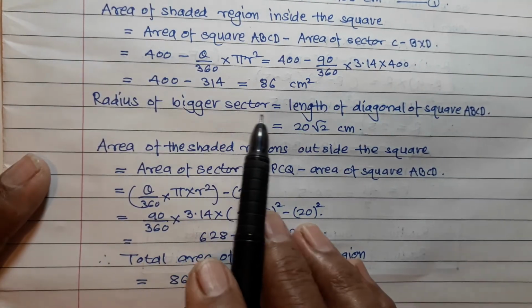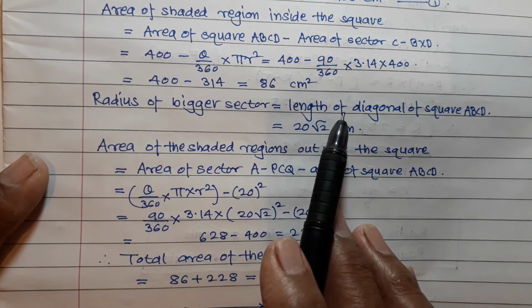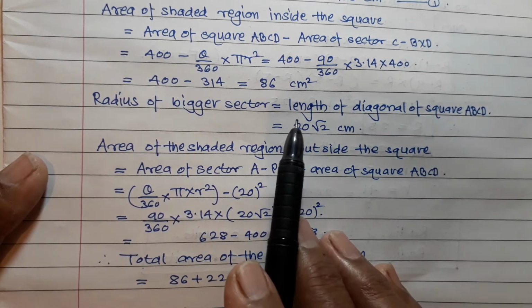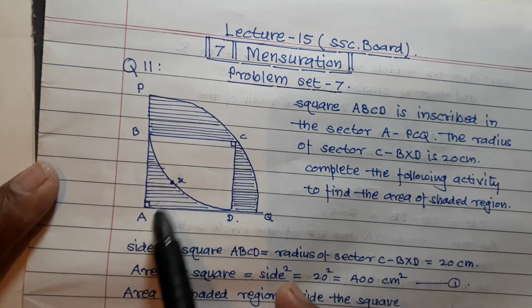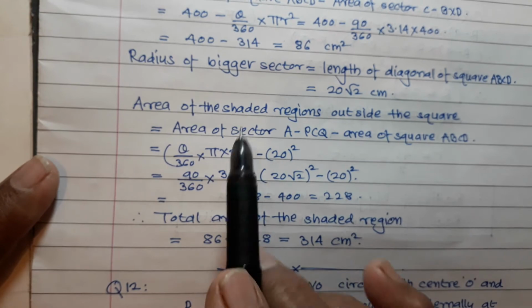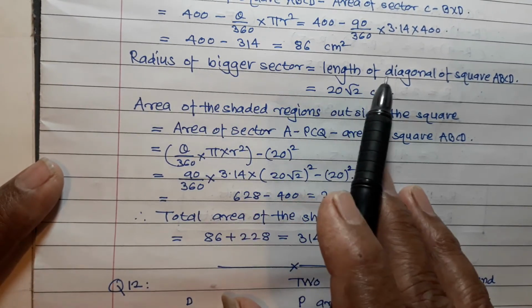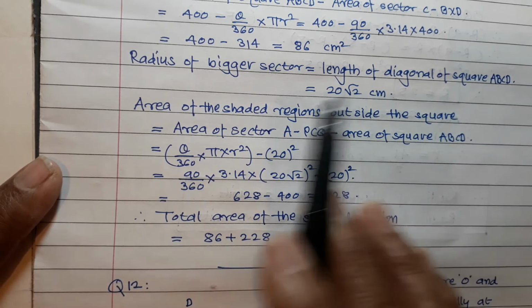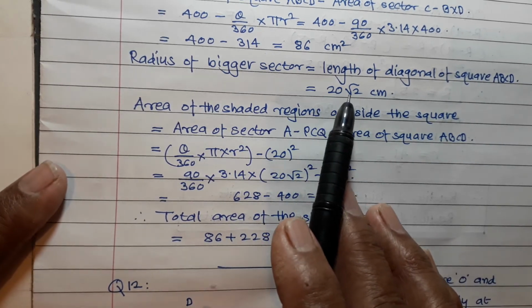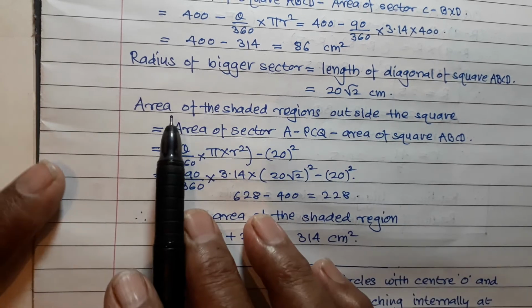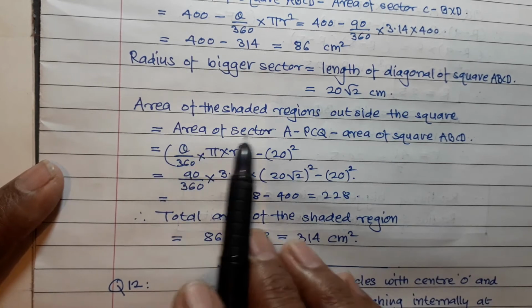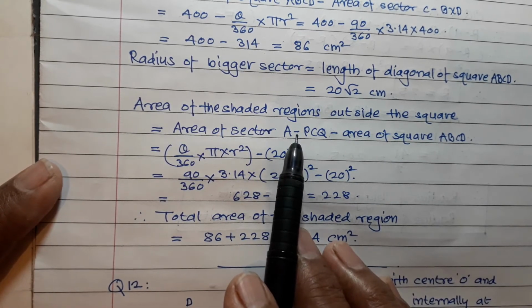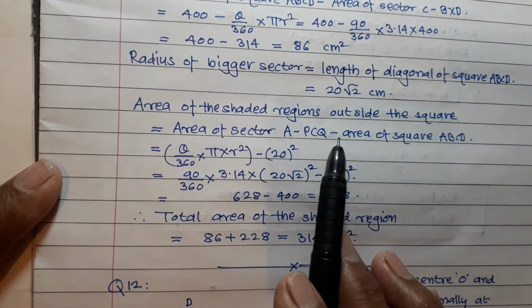Now radius of bigger sector is equal to length of diagonal of square ABCD. Correct? Look here, this is a radius and this is a diagonal of the square. So radius of bigger sector is equal to length of diagonal of square ABCD, which is 20 root 2 cm. So area of shaded region outside the square is equal to area of sector A'PCQ minus